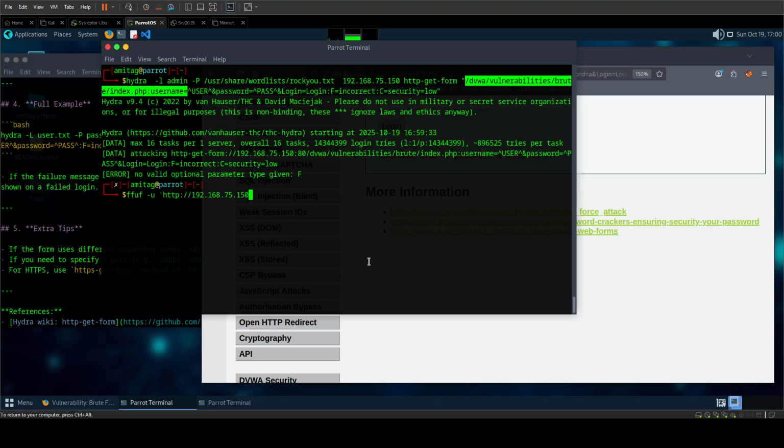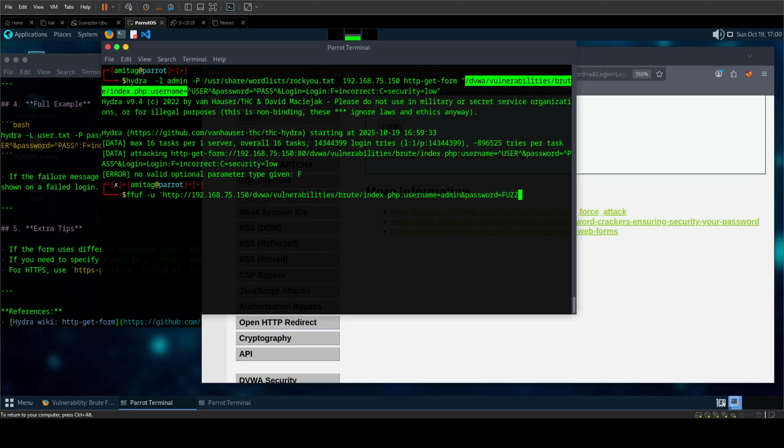Since we know the username is admin, I'll give username as admin. If you want, you can give this as FUZZ too, but since that is going to take time, I am going to give this as admin. Password is equal to FUZZ,